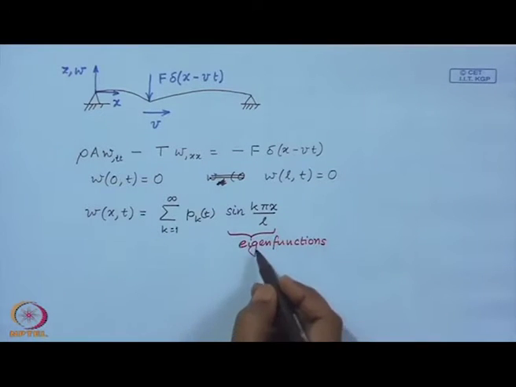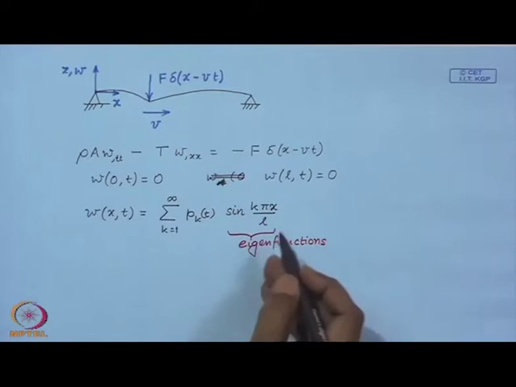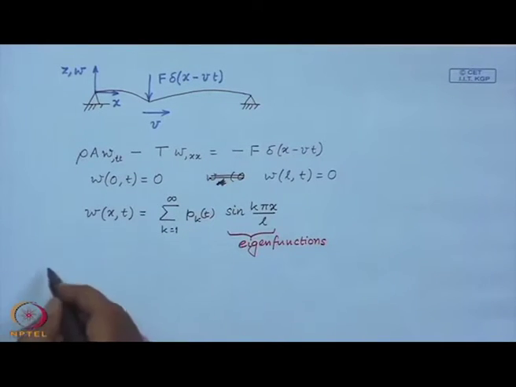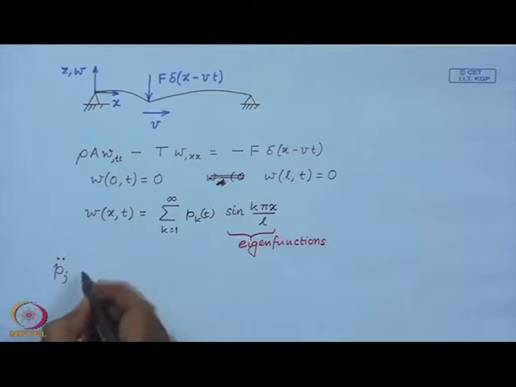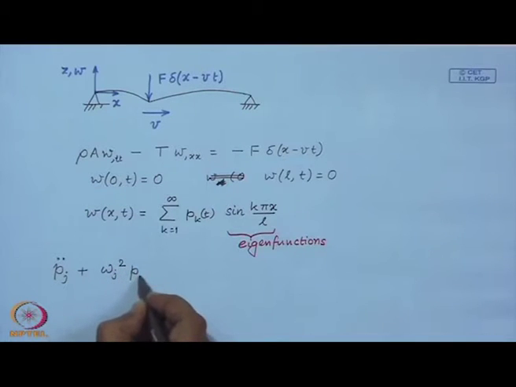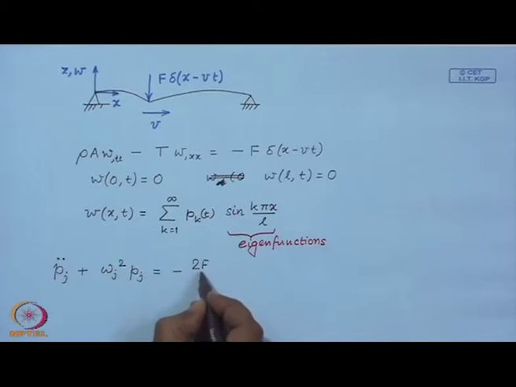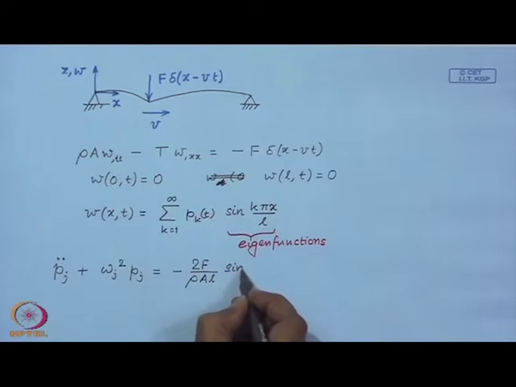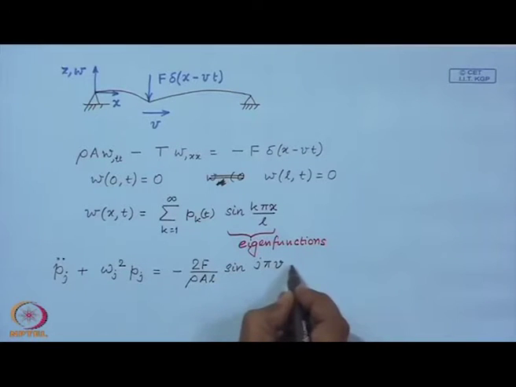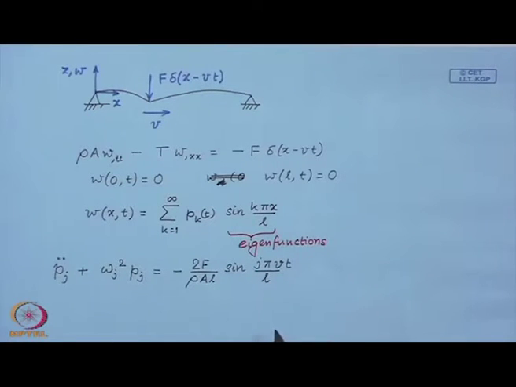Now, if you substitute this in here and follow the procedure that we just now discussed, then for the jth mode the discretized equation of motion appears to be in this form,